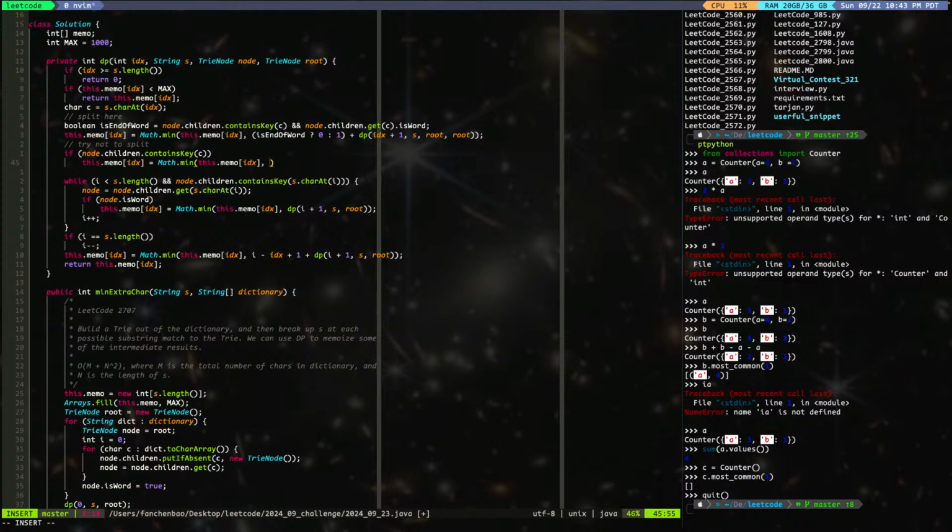And you're only counting the current word. It should be you're at this point, you keep moving forward. If you can split, you split. If you cannot split, then this whole chunk is going to be